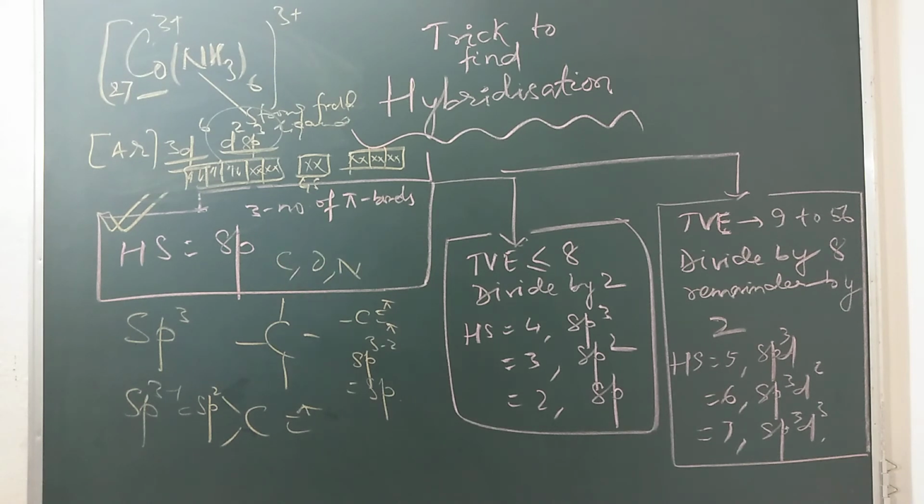So these are the tricks, students. I hope you understood. These are the tricks that will be really helpful to find out the hybridization of any compound, whether it is organic, inorganic, etc. And this trick is basically meant for carbon, oxygen and nitrogen, where you can find the hybridization by just subtracting the number of pi bonds from sp3. So if 1 pi bond, sp2; if 2 pi bonds, sp; and if there is no pi bond, that means sp3. sp3 is tetrahedral, sp2 is trigonal planar, sp is linear, and sp3d is trigonal bipyramidal, sp3d2 is octahedral, sp3d3 is pentagonal bipyramidal.